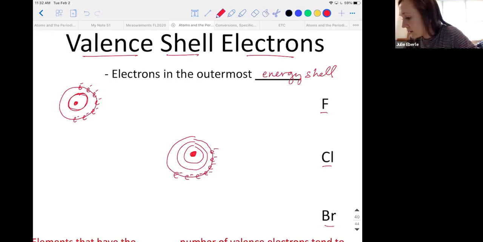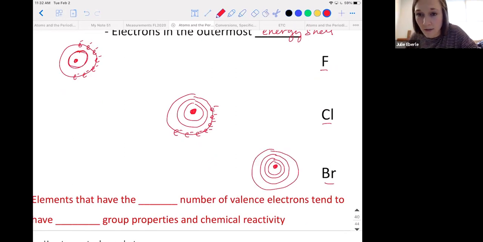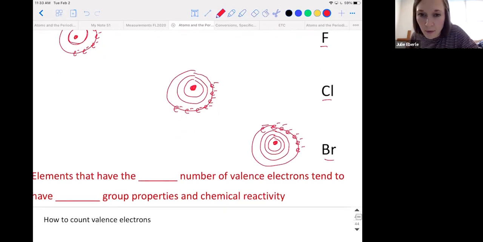So that's chlorine. Bromine, guess what? Right beneath chlorine. So it gets 4 layers, and 7 valence electrons: 1, 2, 3, 4. It also is a halogen, which means it has 7 valence electrons. It's in main group 7. So there we go. These are pictures of these elements, and I just wanted you to see that they all have the same number of valence electrons, and they all have similar chemical behavior because they're all halogens.